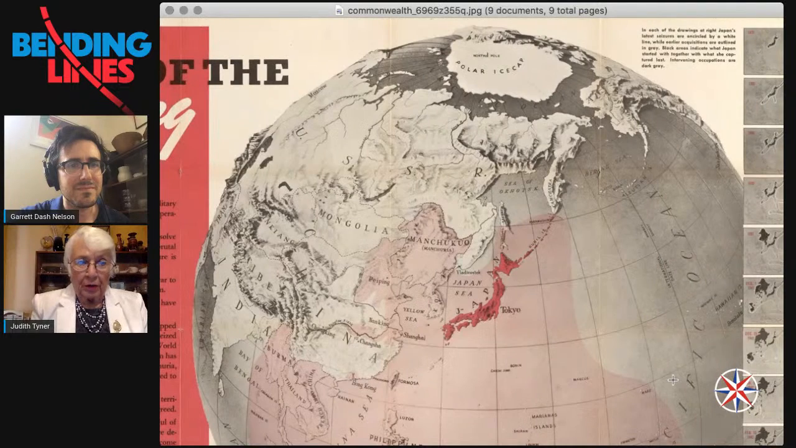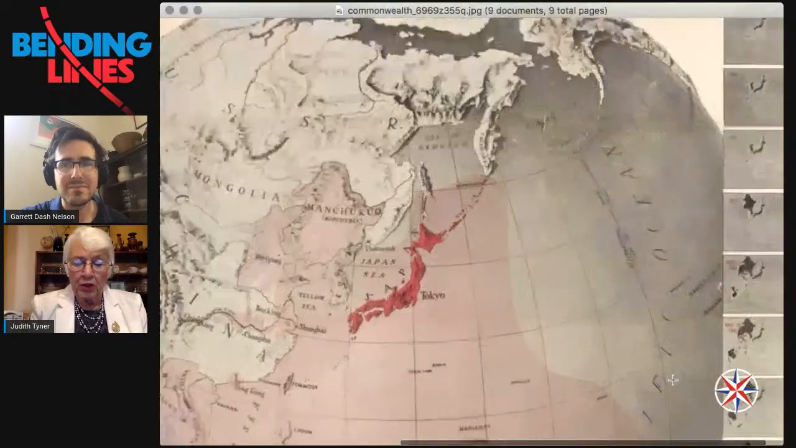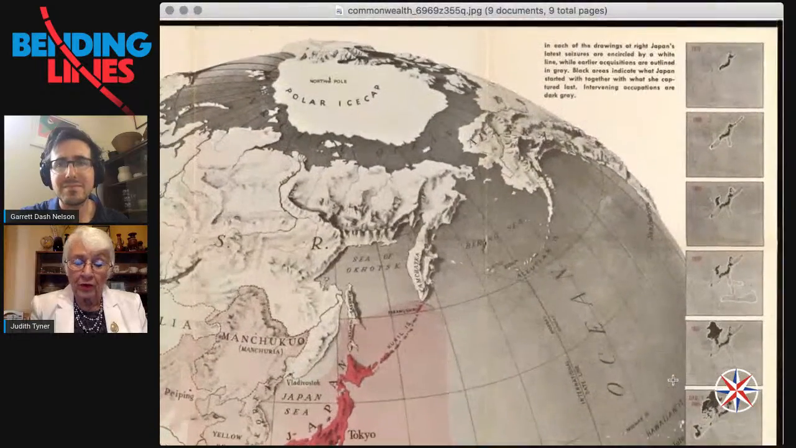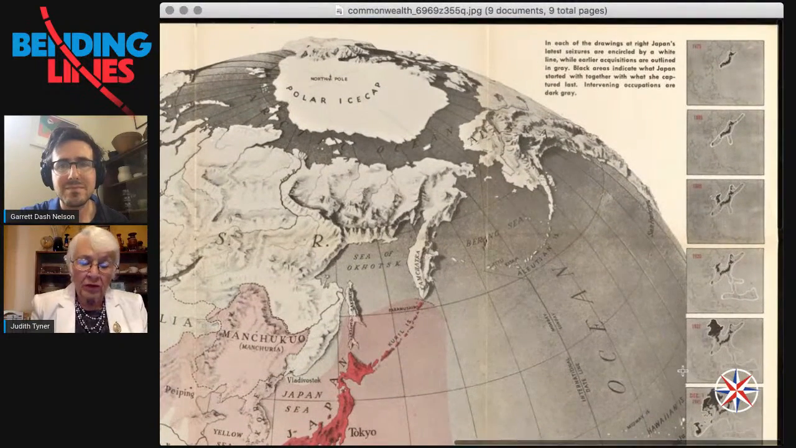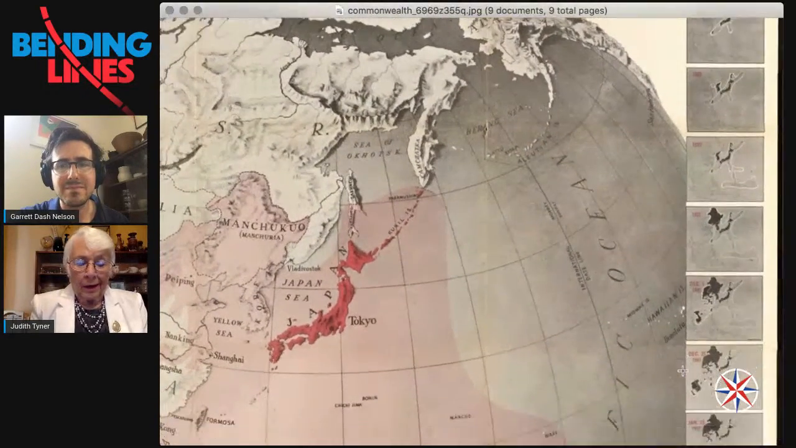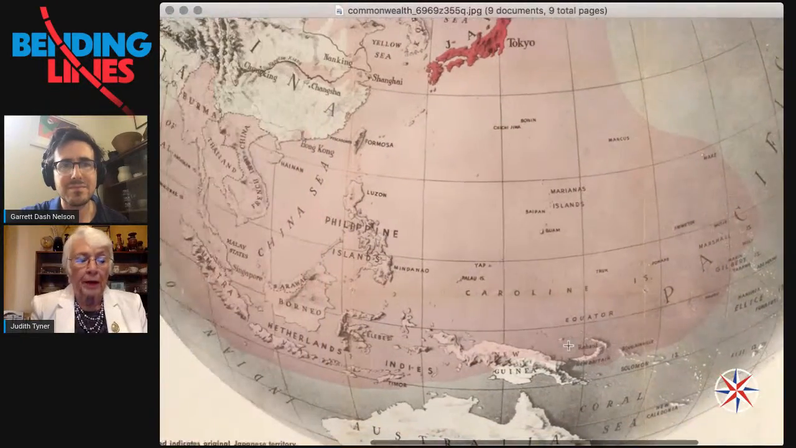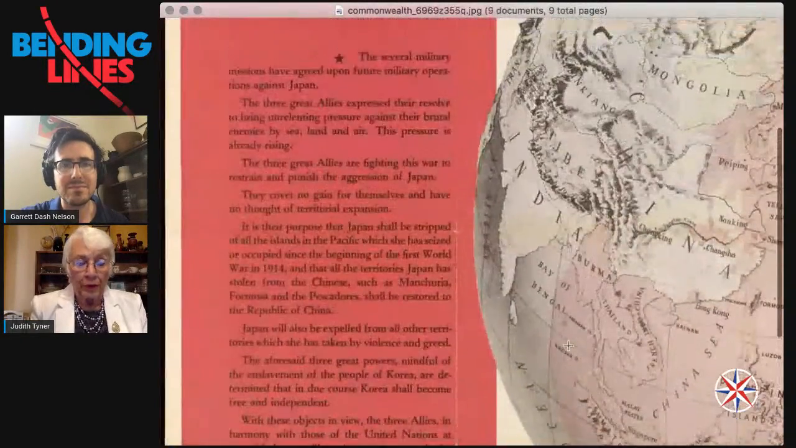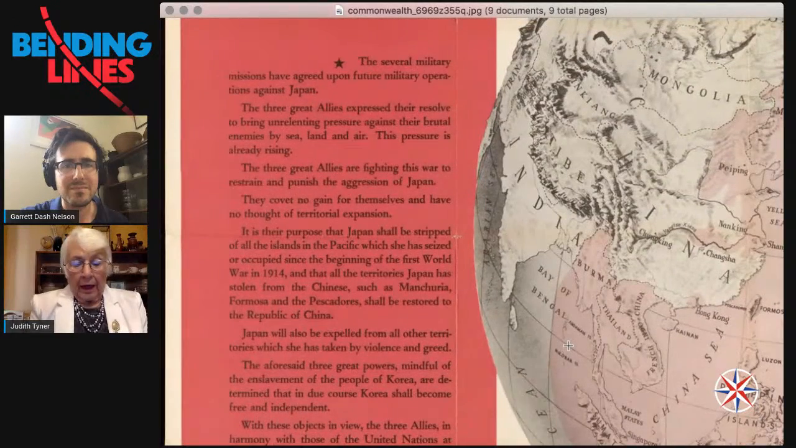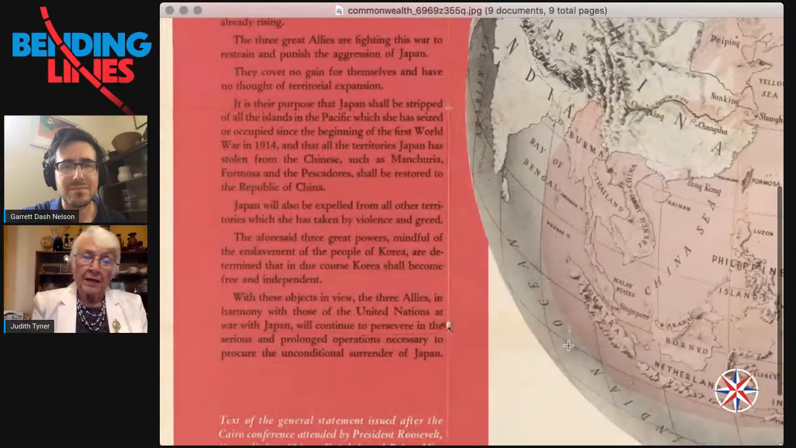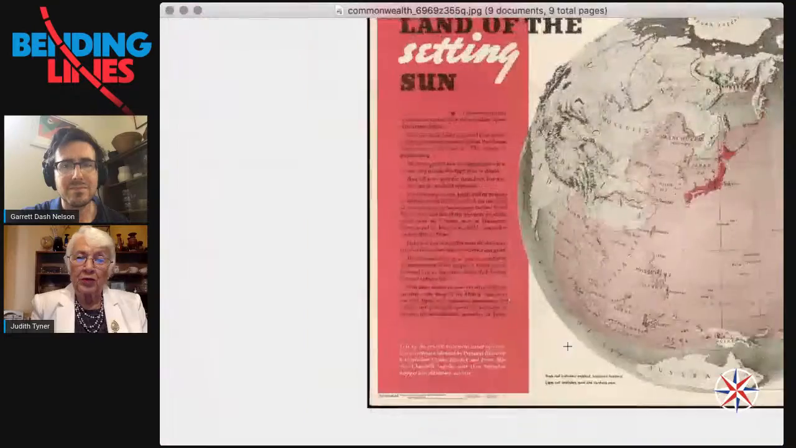This particular map series has three parts. There's the main map, the little panel along the side, and small maps that show Japan's conquests through the years. The main textual panel has statements by leaders of the three major powers, the United States, Great Britain, and China. And the main map's title is particularly